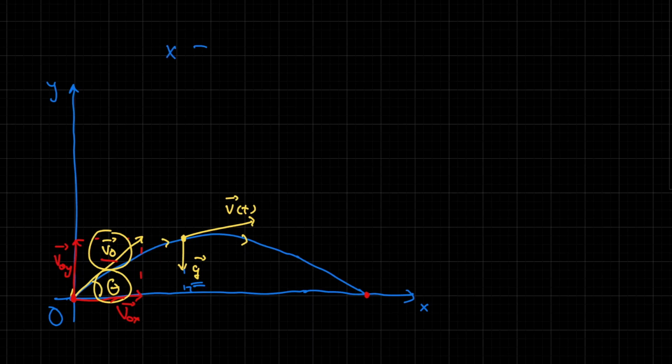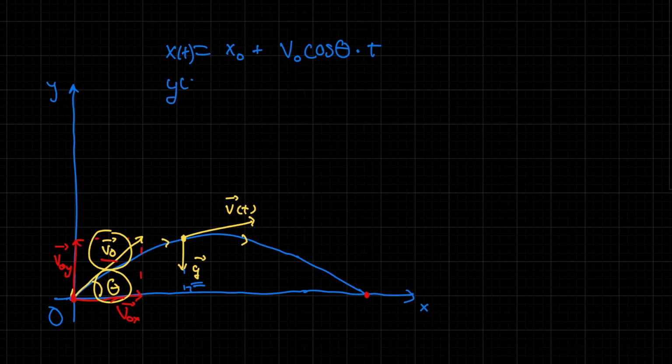So with x, right, we have x0, which is the initial x coordinate, and the x component velocity, which is v0 cosine theta, times t, and acceleration is 0, so there's nothing here. So this is x of t,